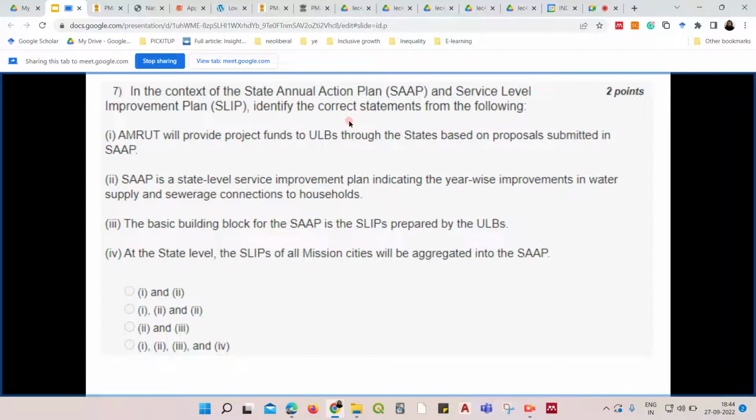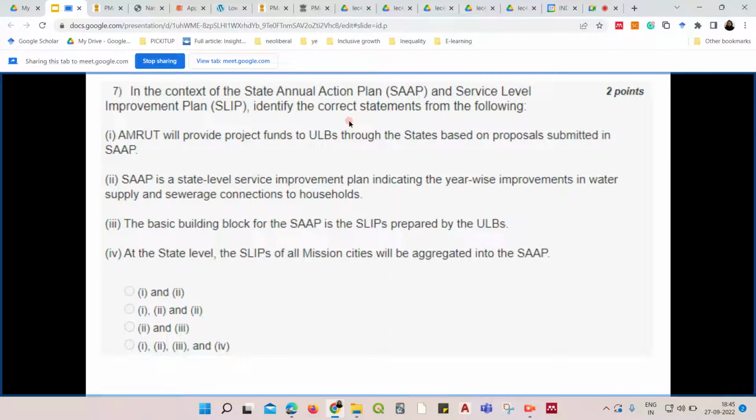SAAP and SLIP are part of the Amrut scheme, as you might have studied in the lecture covering the Amrut scheme. The funding for the Amrut scheme is basically provided based on the SAAP and SLIP documents. In a way you can say that SLIP is a subset of SAAP, because SAAP is developed by the state, SLIP is